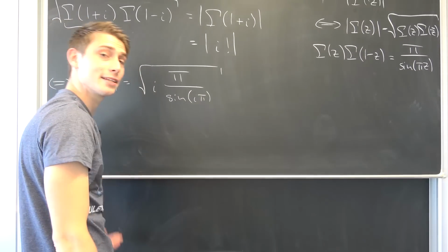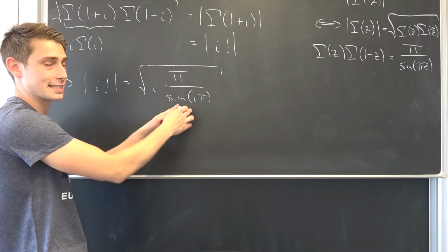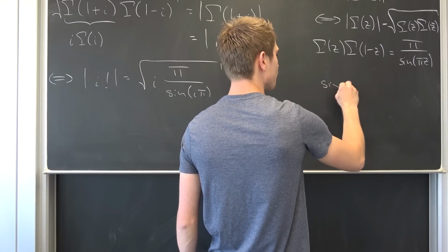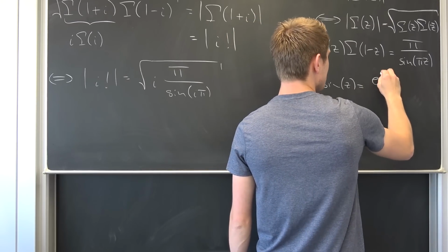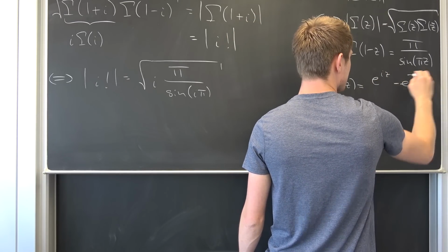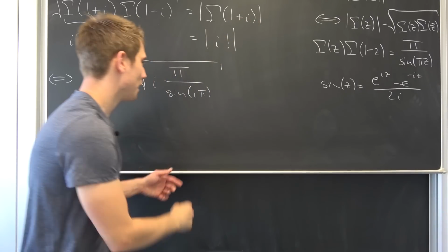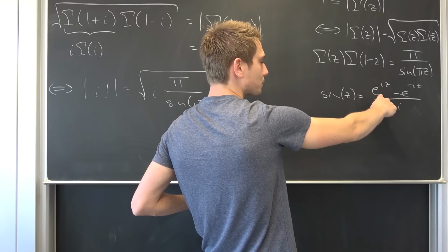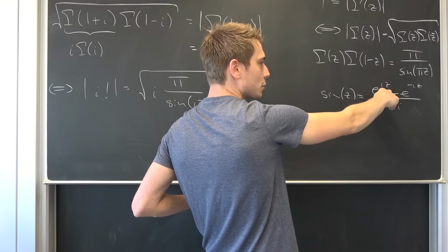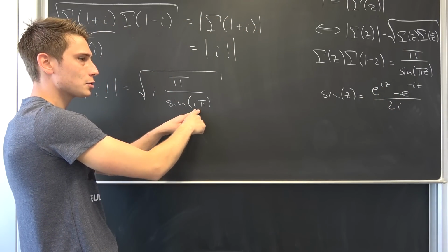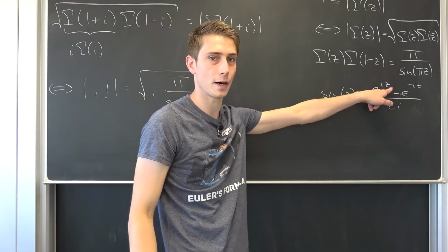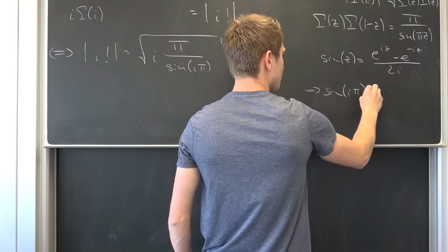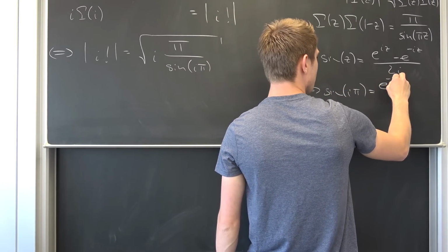How cool is that? And we can do even more simplifying. If we take a look at the sine as being nothing but its Euler definition, sine of z is going to be e to the i times z minus e to the negative i times z, over 2 times i. If we now plug i times pi into here, e to the i times z is then going to be e to the i times i, so negative 1 times pi. So meaning overall sine of i times pi is going to be e to the negative pi,